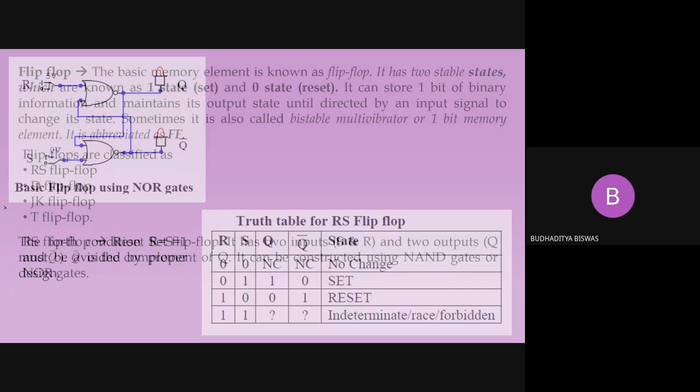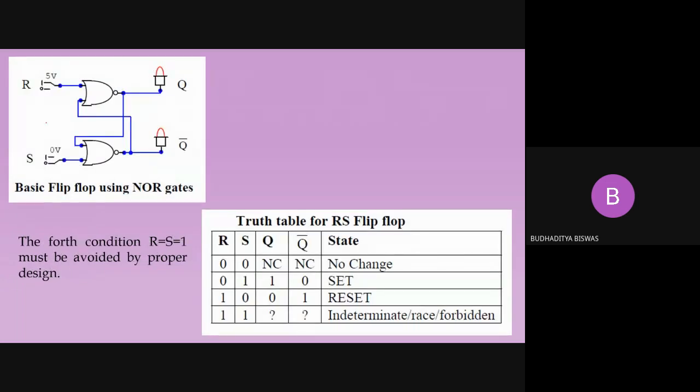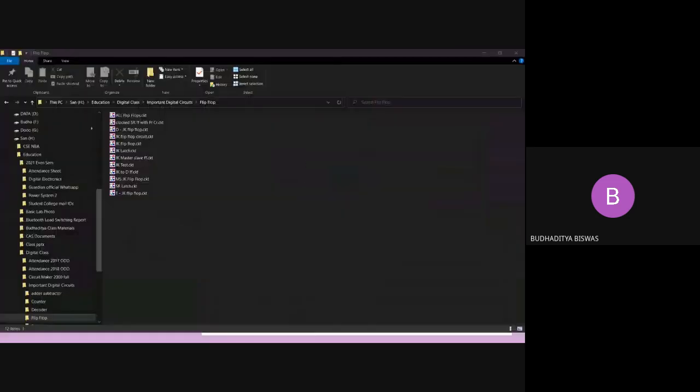Okay, so just check this figure. Better we'll see this figure in the circuit maker, then you will understand why this is called the flip-flop, how the flip-flop can hold and store the information, and why the input R is called reset and the input S is called set. But before that, this is called the feedback connection, because from the output of one NOR gate, the input of the other NOR gate is connected. That's why it is called the feedback input, and in this sequential logic circuit, we use the feedback input.